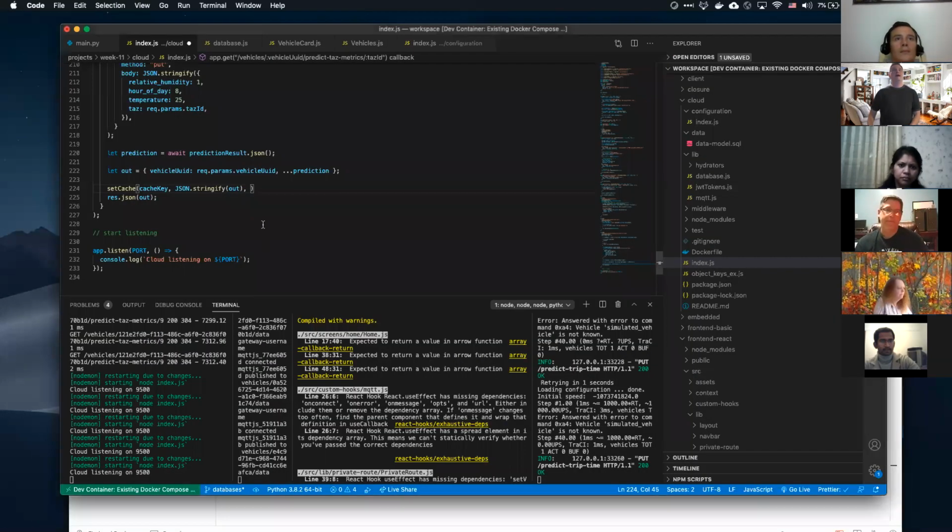Now, this is real meta, guys, right? Because what we've done is our system predictions, our plant predictions, are now impacting how we're implementing our caching in our backend software system.